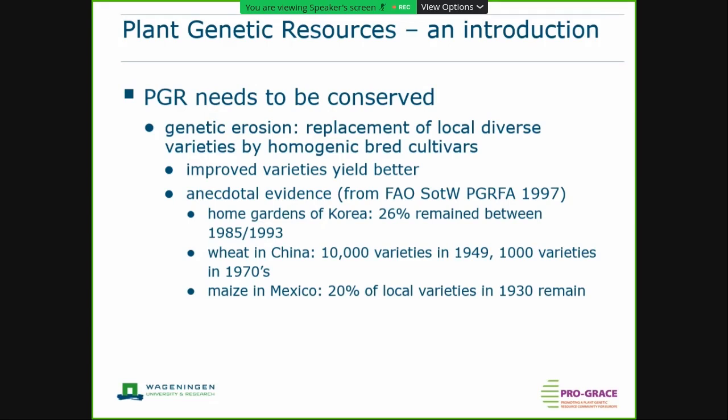To be honest, I don't believe these things. In general, this type of report is very alarmistic. If there's a problem, it has to be a very big problem, you know. But it reported that of the home gardens of Korea, 26% remain between 85 and 93. I mean, there's a decrease of